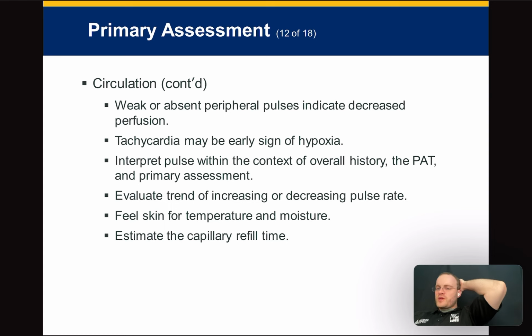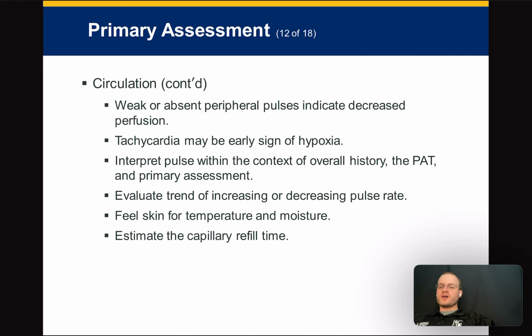The weak or absent peripheral pulses will indicate decreased perfusion, maybe hypotension, shock, something like that. Tachycardia could be an early sign of hypoxia, in adults and children. But remember, children are inherently tachycardic. Remember that table earlier with the inherent heart rates of children? So don't be like, oh my God, the kid's tachycardic and their heart rate's 130 on a 1.5 year old or a 2 year old. That's not tachycardia. That's why knowing that table becomes important. A 2 year old should not have a heart rate of 200. That is tachycardic for sure, and that would be indicative of maybe fever or hypoxia or something of the kind.